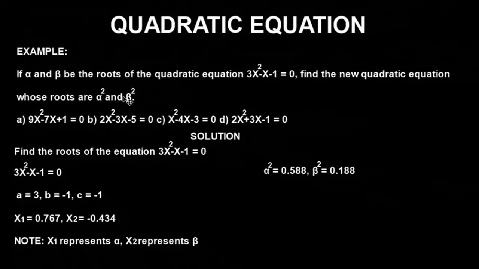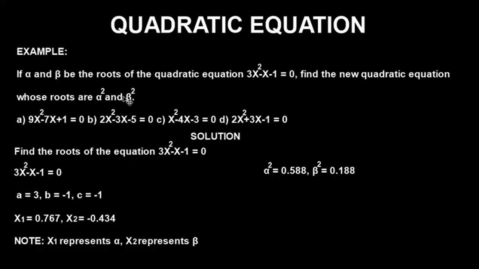Though alpha and beta are an advanced aspect of quadratic equations, I will make it very easy in this video using the Casio calculator. So pay attention very well in order to understand everything I'm going to explain at this point. To begin with, you have to find the roots of the equation 3x squared minus x minus 1 equals 0. Before you find the roots of the equation, you need to bring out the parameters of the equation